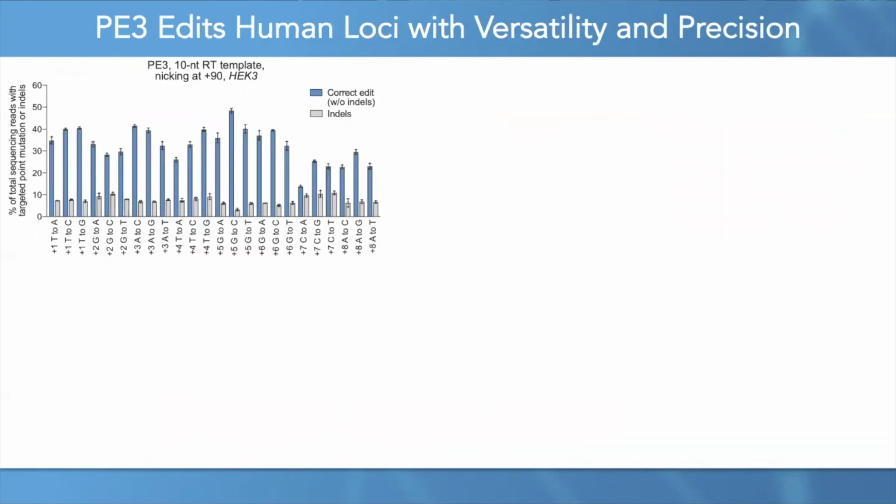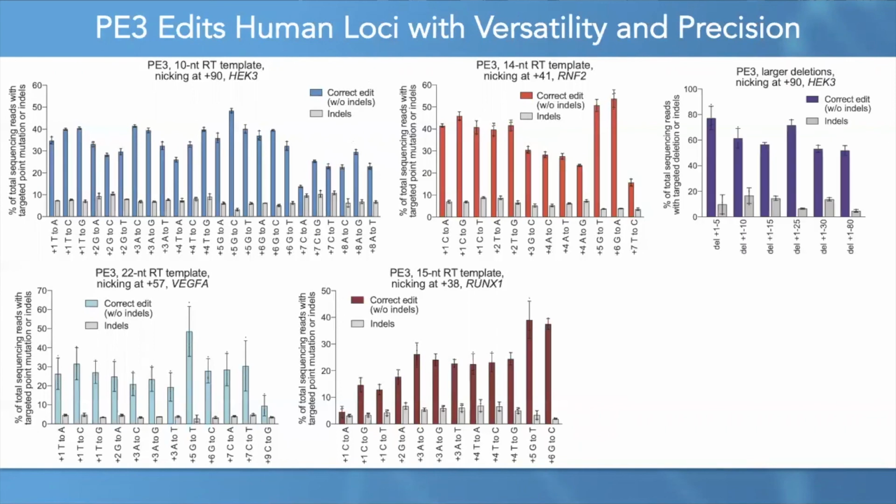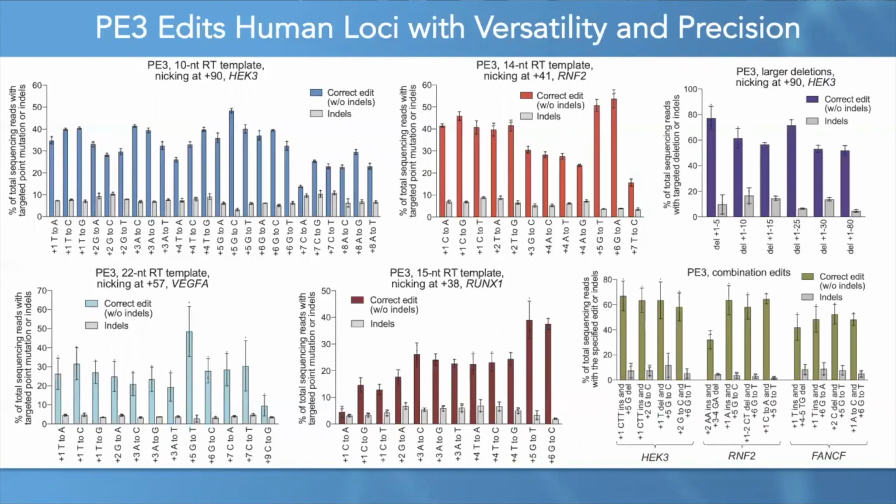We found that PE3 offered exceptional versatility in the types of edits that could be introduced in human cells. Here we can see results from our first PE3 characterization experiments, where we demonstrate that PE3 can introduce all 24 possible single base substitutions, insertions, deletions, and combinations of multiple edits. These edits were completed with reasonably good ratios of intended edits to indels, and for the first time, these edits were completed without the need to induce a double-strand break or provide a